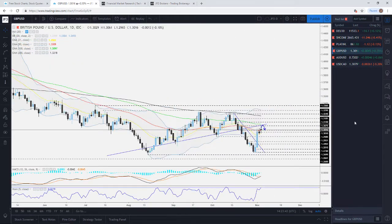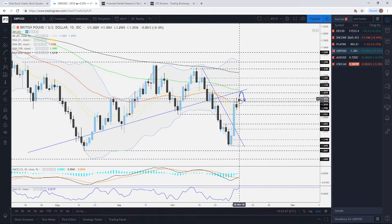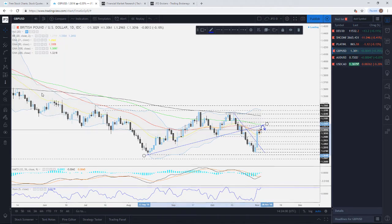Jumping into GBPUSD, looking at this one, of course it was declining here in the beginning of the day, but now it seems to be picking up the pace again. But looking at the overall picture, actually, let me just adjust a few lines here. Now it's kind of skewed a little bit, and actually let me jump into a 4-hour chart on this one,